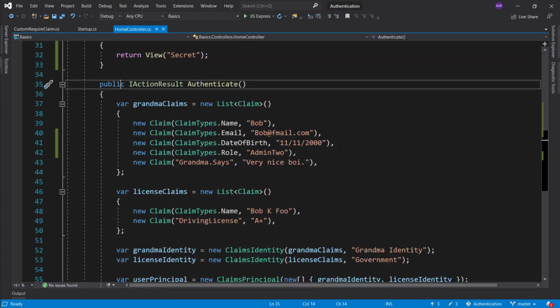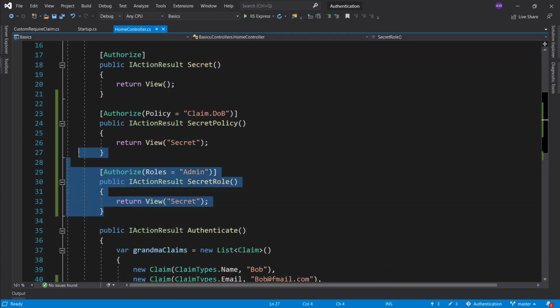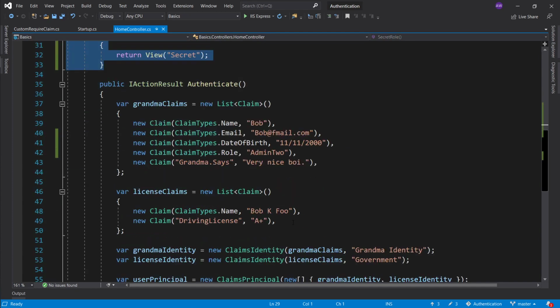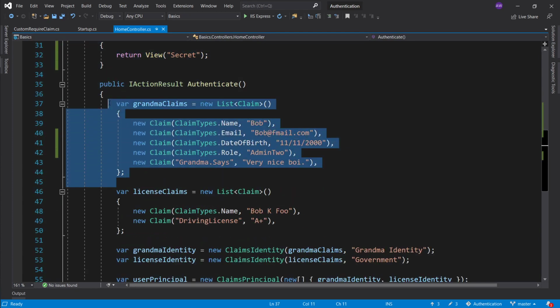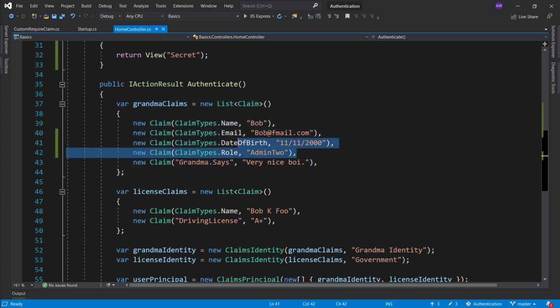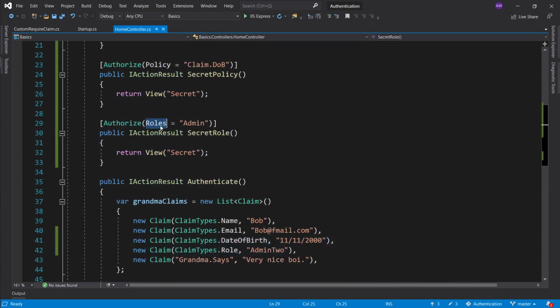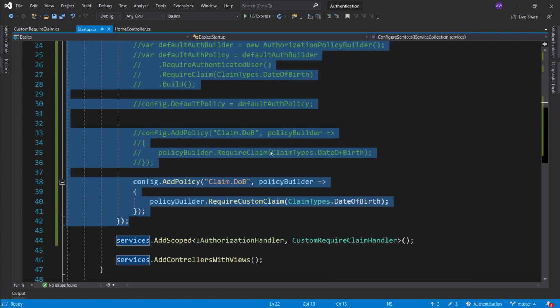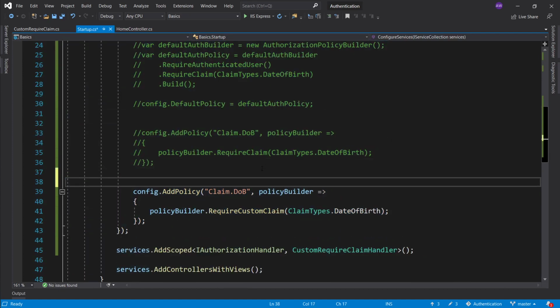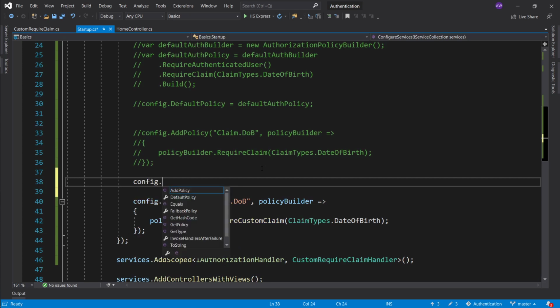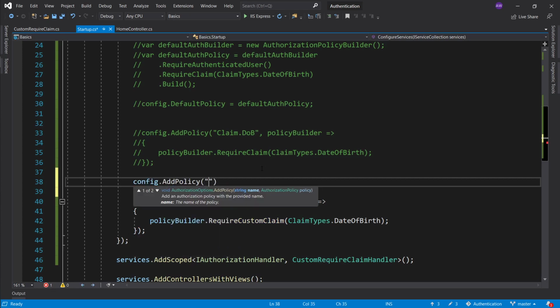Okay, so under the hood, roles is something that just looks at the claim again, but it's some legacy functionality that is meant to work with how older versions of .NET and .NET Core work. The newer versions are trying to use this policy, and again, we can just implement the admin policy in the same way that this role is implemented. So we can go ahead and say config add policy. We can call it admin,